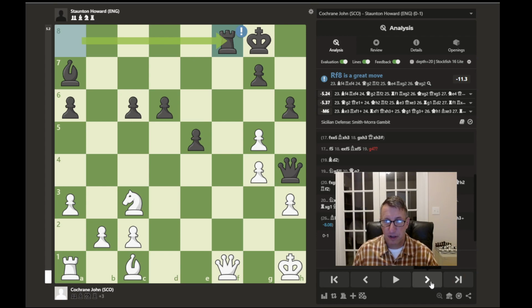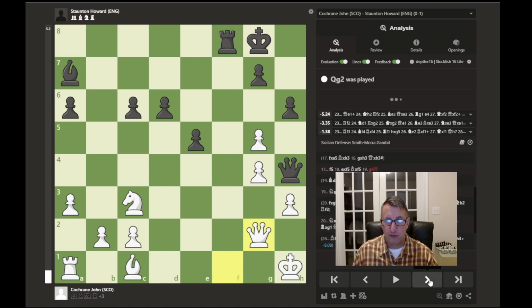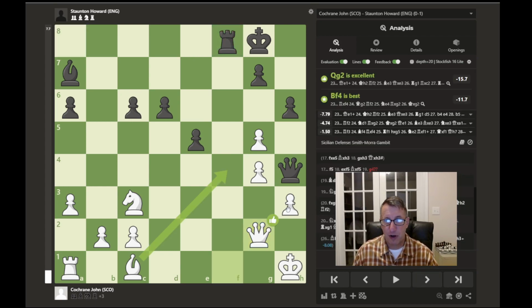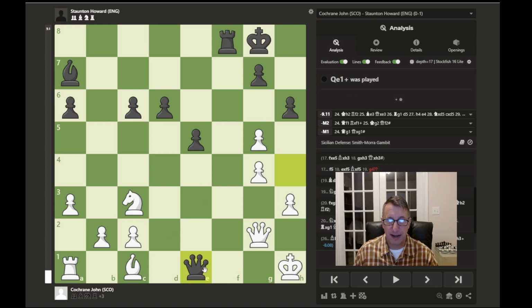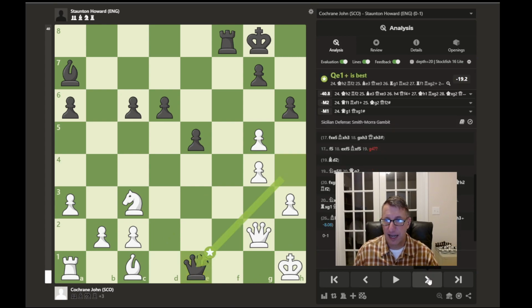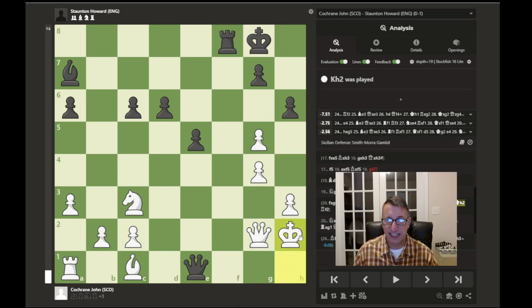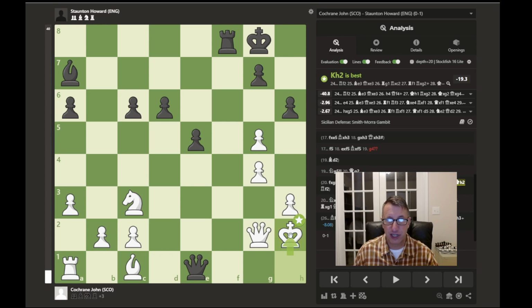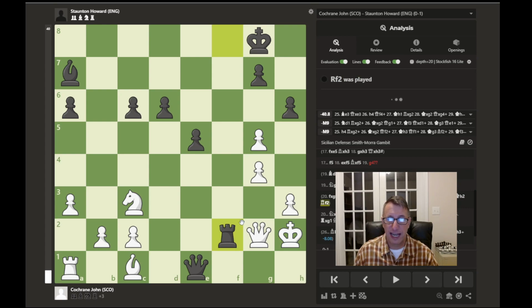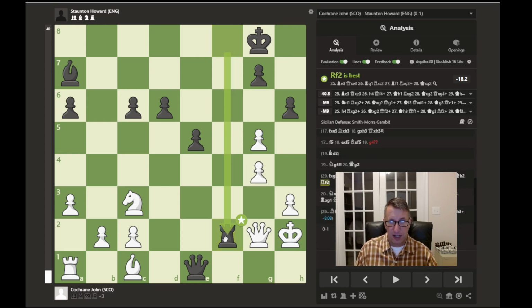So where does the queen move? If the queen tries to move up here to help protect this pawn, which is also under attack by the queen on h4, well, now the queen can jump down to e1 with check. And if the king swings up to h2 to get out of check, well, then we just have rook to f2 here,